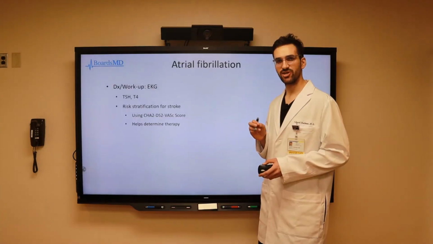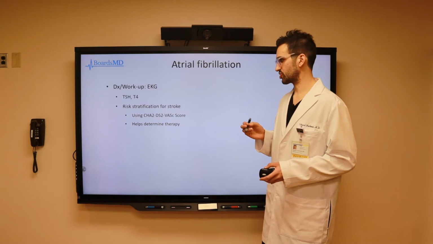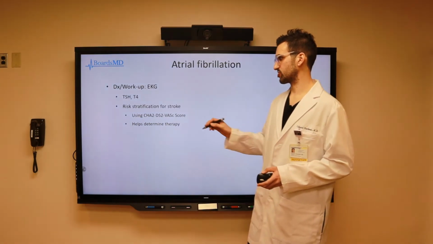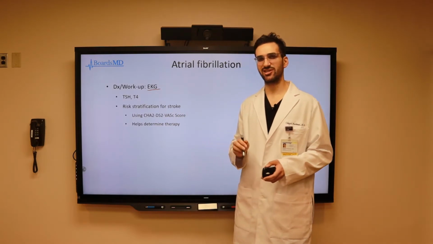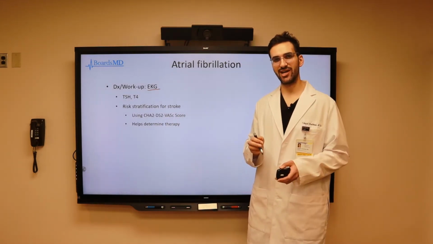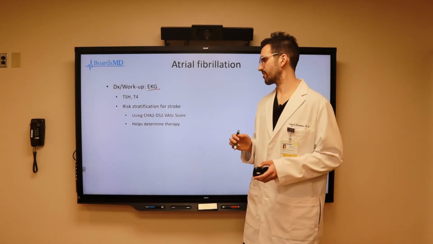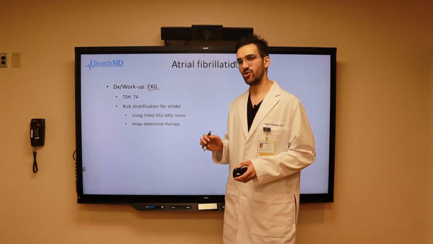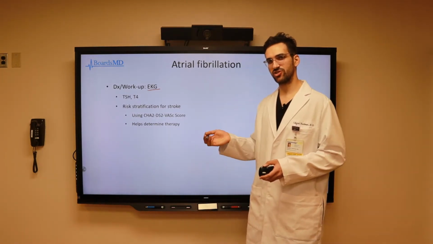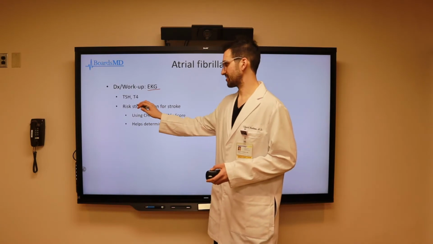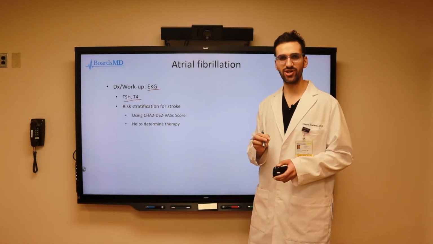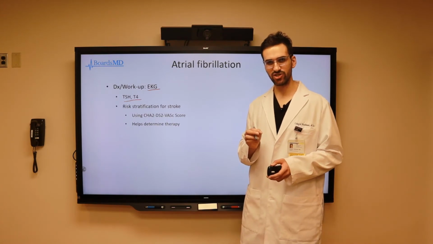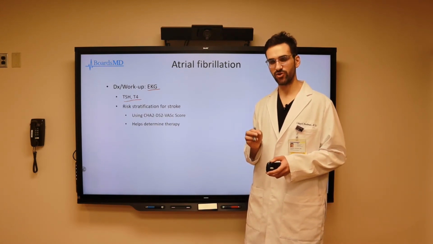So clearly in these patients with suspected atrial fibrillation, we should obtain an EKG in order to note this characteristic lack of P waves, as well as an irregular rhythm. Additionally, because thyroid disease can ultimately tip patients into AFib, we are going to get a TSH as well as a T4. Additionally, very important that we stratify these patients in terms of their risk for stroke, because as we